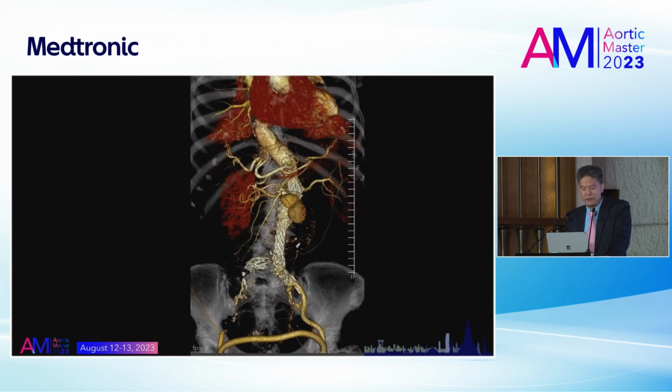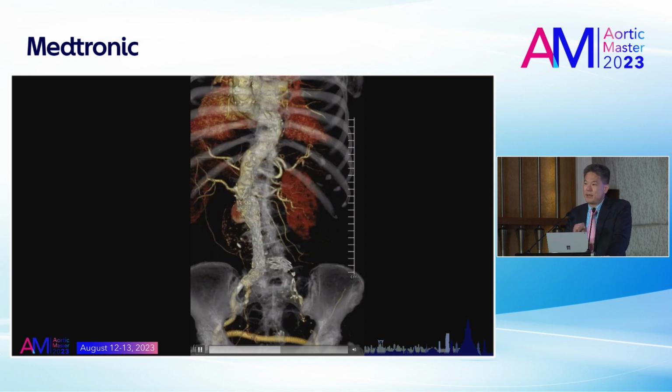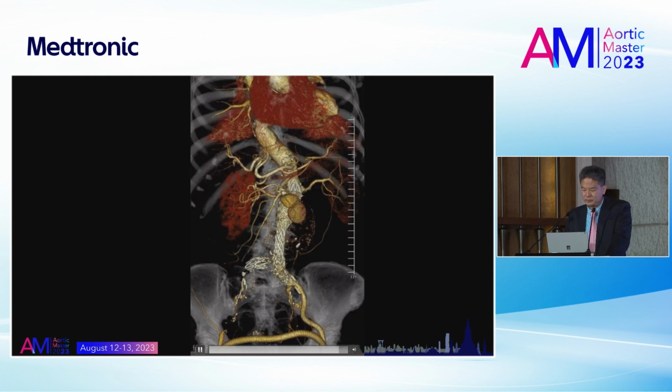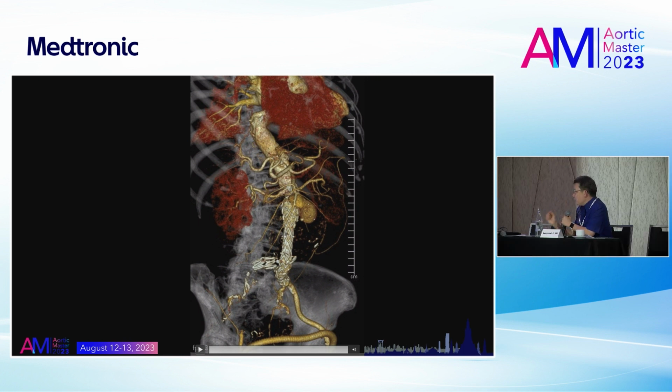And the patient was an 85-year-old female. So what should we do now? Open the patient and do a banding, or extend the sealing zone? Now we ask Ajahn Vira, what will you do? Will you do the banding, or will you do the extension, or will you do the EndoAnchor if you have it available? Chimney.